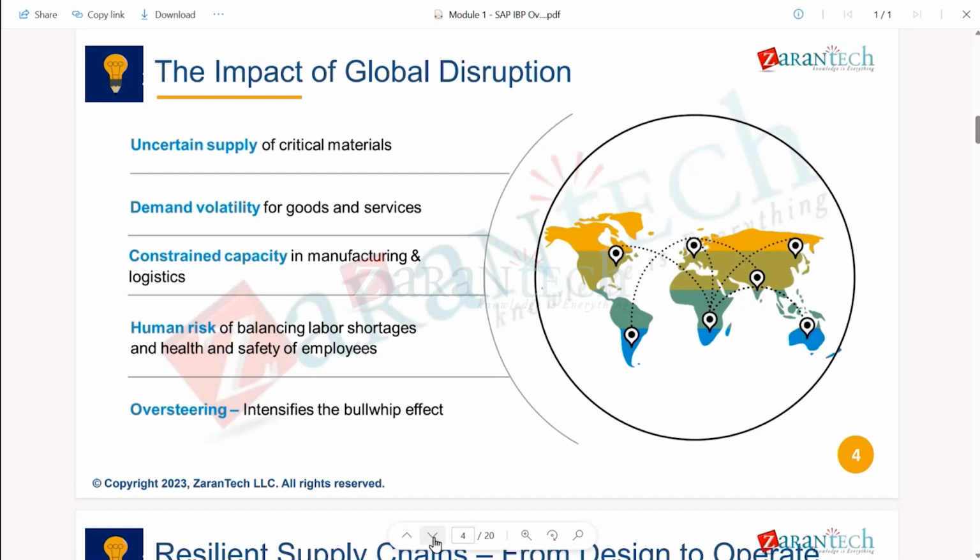So there was an issue of the containers availability. There was an issue of the vessels availability, and because of COVID restriction, the entire global supply chain was very badly disrupted. So this can happen anytime,